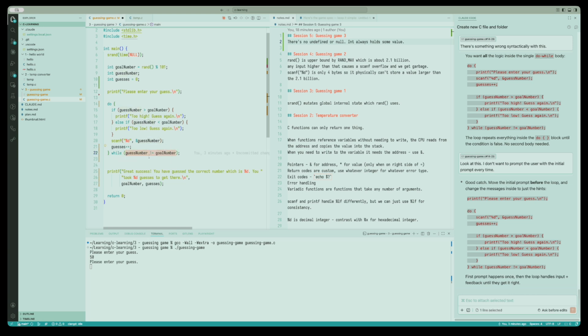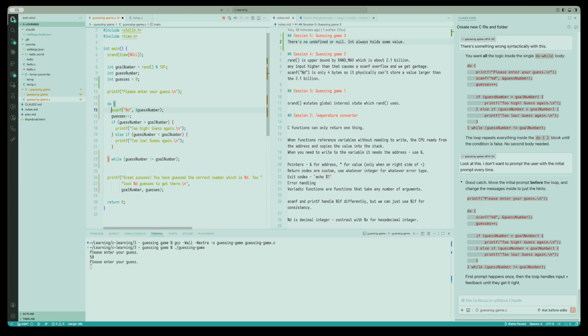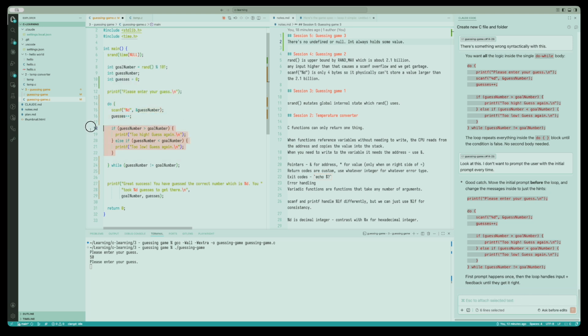Do we then need the do while? Yeah, we just move this to the front of the function. Okay, yeah, I think that was the logic, is we move this to the front of the function, we end the loop after we give the feedback, and then it goes back up to here. I'm now wondering, is it the same if we just did while? If we just did while without the do,